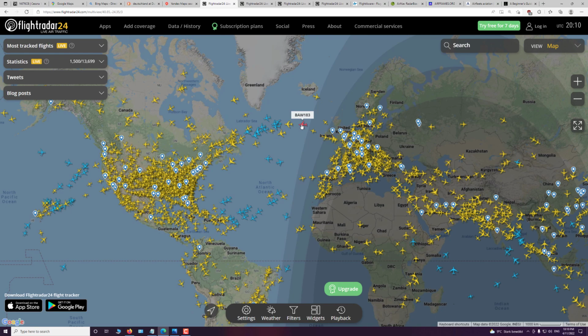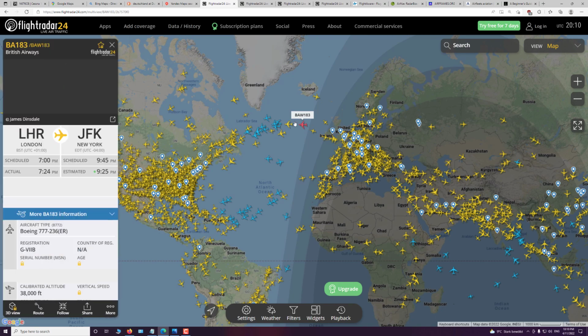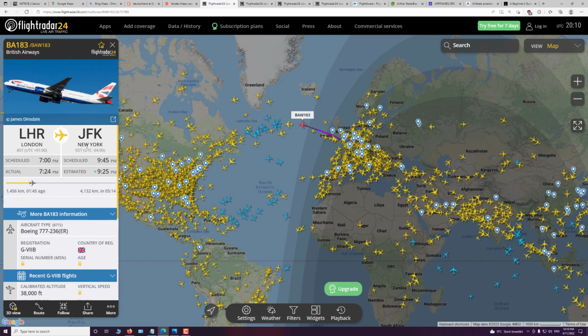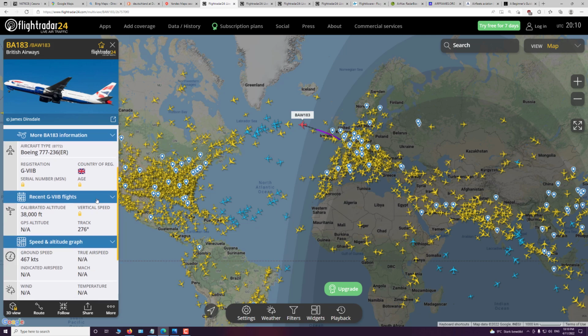And let's click on a random flight, let's say this one, for example. And you can see that it's from London going to New York. And you can see that we have the scheduled departure date or time and the scheduled arrival time, and it's at 9:45 p.m. And you can see that there are 5 hours and 14 minutes until arrival, and we can see some other